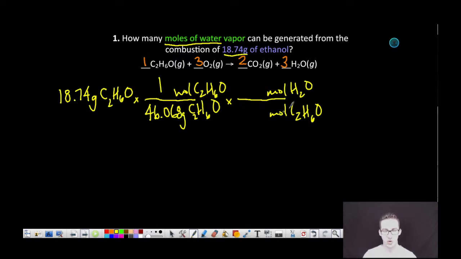When it comes to the mole-to-mole relationships, we find that based on the balanced chemical equation, for every 1 mole of ethanol, we will make 3 moles of water. We recognize we've set our dimensional analysis up correctly because our units of grams and units of moles of ethanol will cancel out and we'll be left with moles of water, which is what we want. Then it's just a matter of plugging this into your calculator and solving. When we plug this into our calculator and solve, we get 1.220 moles